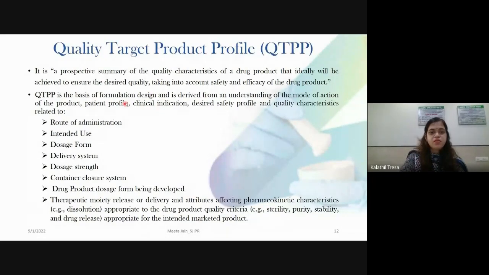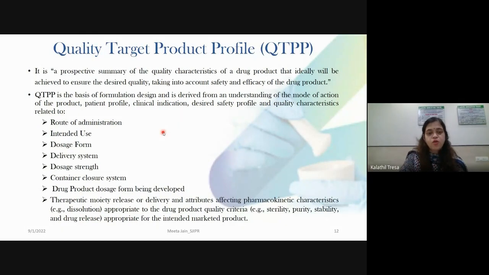It is a basis for formulation design and is derived from understanding of the mode of action of the product, patient profile, clinical indication, desired safety profile, and quality characteristics related to route of administration, intended use, dosage form, delivery system, dose strength, and container closure system.